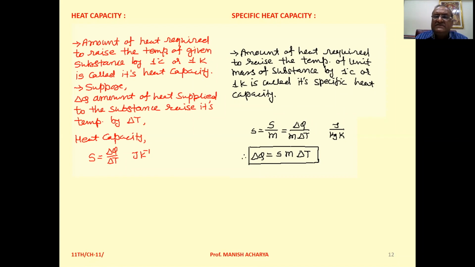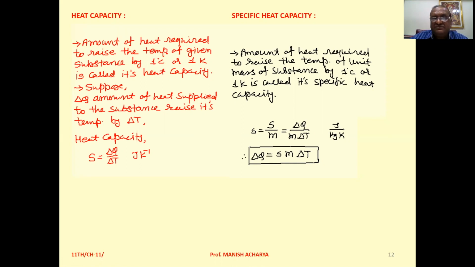Heat capacity is defined as the amount of heat required to raise the temperature of a given substance by 1 degree Celsius or 1 Kelvin. Okay, and the heat capacity of the substance depends on the type of the substance as well as the amount